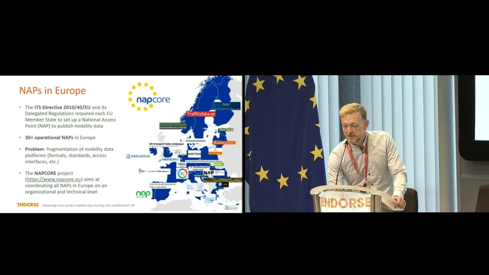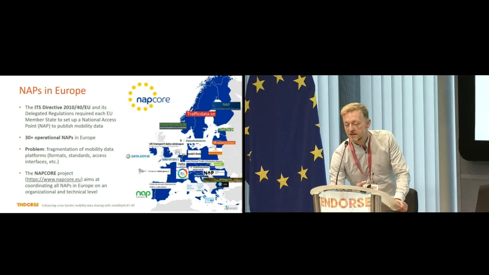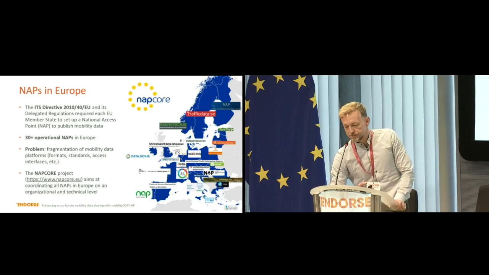Coming from a transport business, I can tell you that there's a huge ecosystem of data platforms right now, triggered by certain EU regulations that are listed here. We call them NAPs, National Access Points, and they are all active here all over Europe. So you will see all those logos. When you're looking for mobility data, have a look. There's a lot going on in our community.